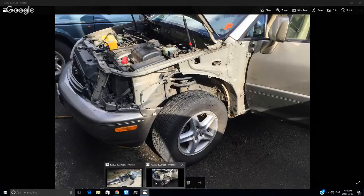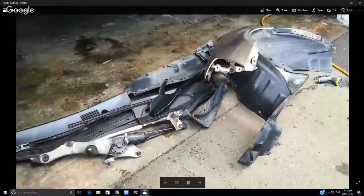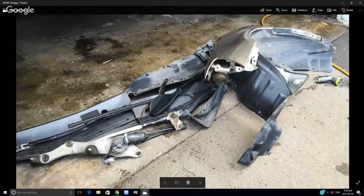The other photo I'll share with you, this is just a pile of some of the parts that were removed. So you have your fender here, the inner fender liner. These are the cowl pieces that go on the back of the vehicle, the windshield wiper linkage. Just so it gives you an idea of the extent of what we sometimes have to go through to find a water